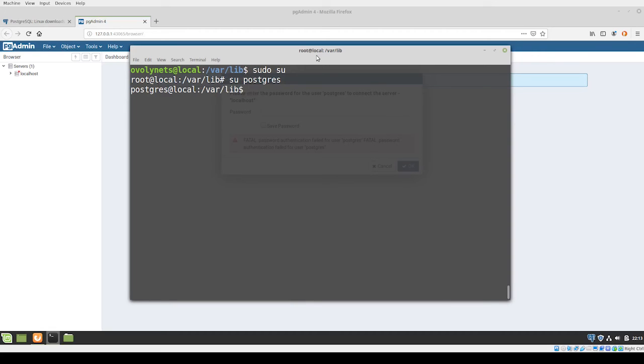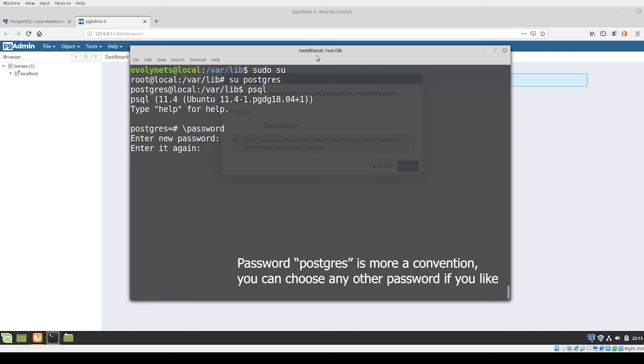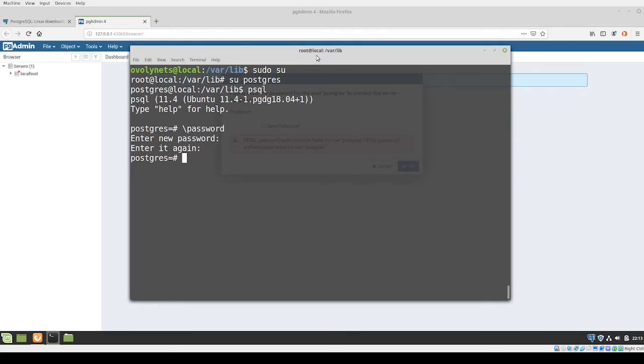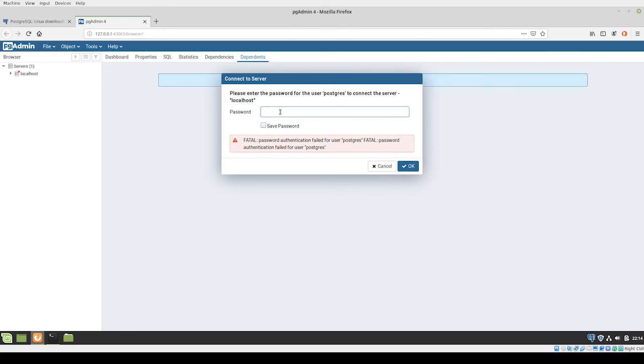I will now execute the default text client psql that comes with the default Postgres libraries. And this will succeed. I will connect as the postgres user from my machine to the database with the user postgres. And now I can set a password by typing \password. Now I will create a new password. By default, it is just the same as postgres. And I have to repeat it again. And now it will have the password set on the database level. By default, it tries to connect as the user postgres again. And now if I type in postgres,